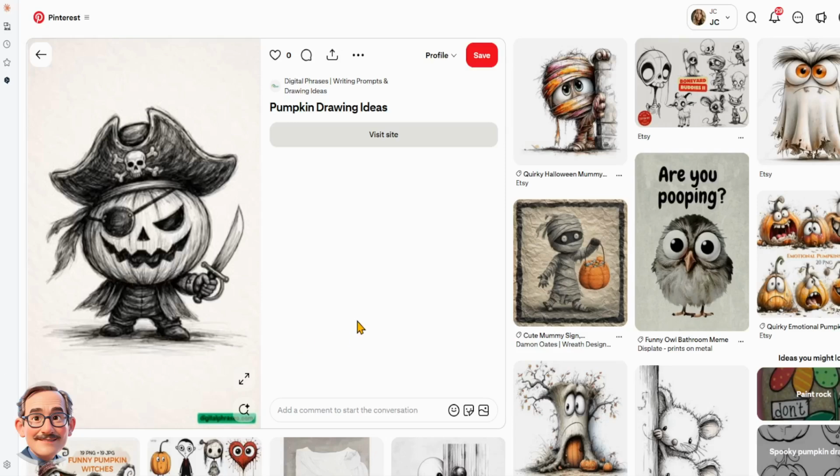Okay, ladies and gentlemen, we are going to do some interesting stuff. I've been working on Halloween t-shirt ideas. So I dropped by Pinterest and I'm looking at Halloween drawings and I like this pumpkin. So I'm going to copy that and I'm going to post it into my PromptDeck, which is going to give